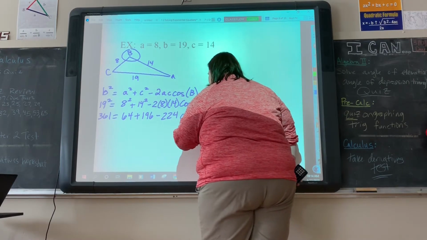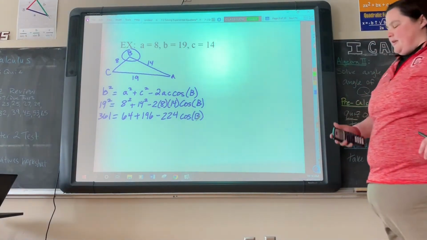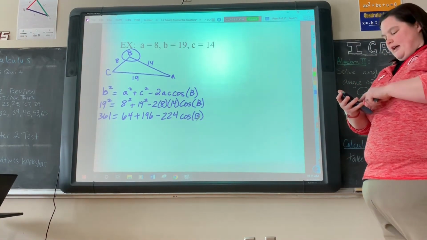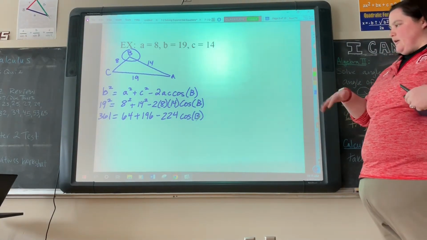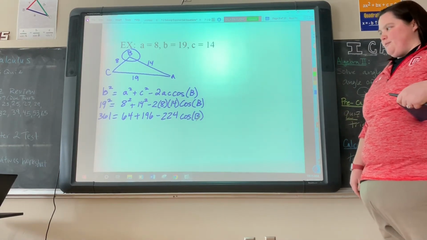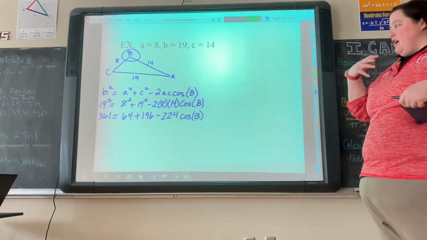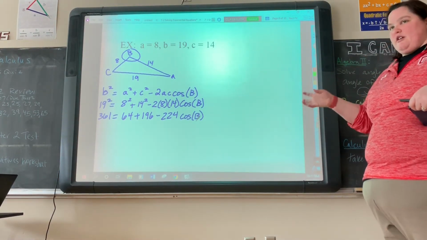And that's still attached to cosine of B. So like I said, I think a couple of preliminary things to solve that out. So you have squared everything, and then you can multiply the 2, 8, and 14 together. Okay, now we're solving an equation, and our equation here is a little bit weird because the variable that